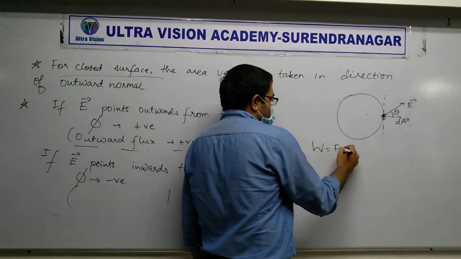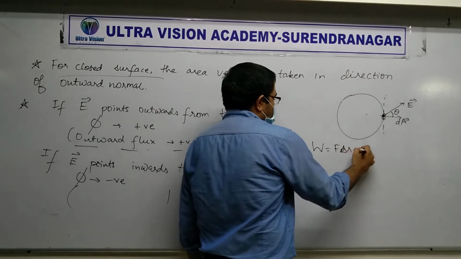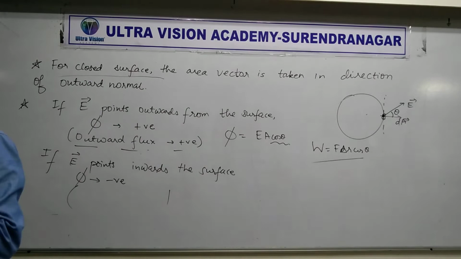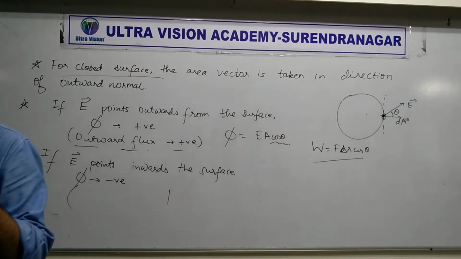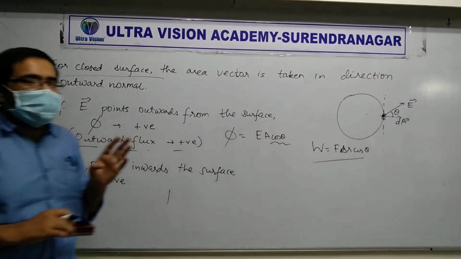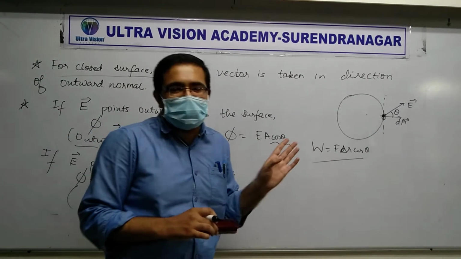Okay. A word, do you remember the word? We used to say that work is F d cos theta or something, right? Whatever the formula. Then there were three cases. Case 1. If the angle is acute, the work done is positive. If the angle is obtuse, the work done is negative. And if the angle is 90, the work done is 0.